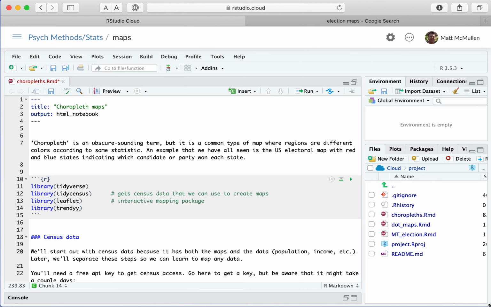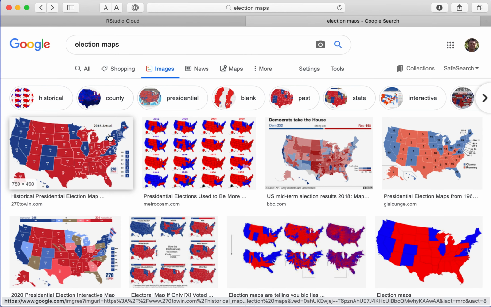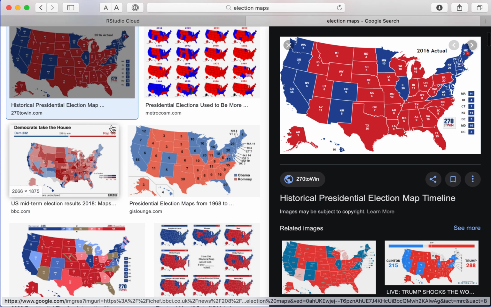Okay, so this is the choropleths assignment in the maps section of our Studio Cloud. And choropleth might be an unfamiliar term. I think it was unfamiliar to me before I started using it in R, but we've all seen these choropleths. One of the examples I wanted to show you was the election map that you see with red and blue. That's a choropleth. So the idea behind it is that you have different colors associated with some statistic or some